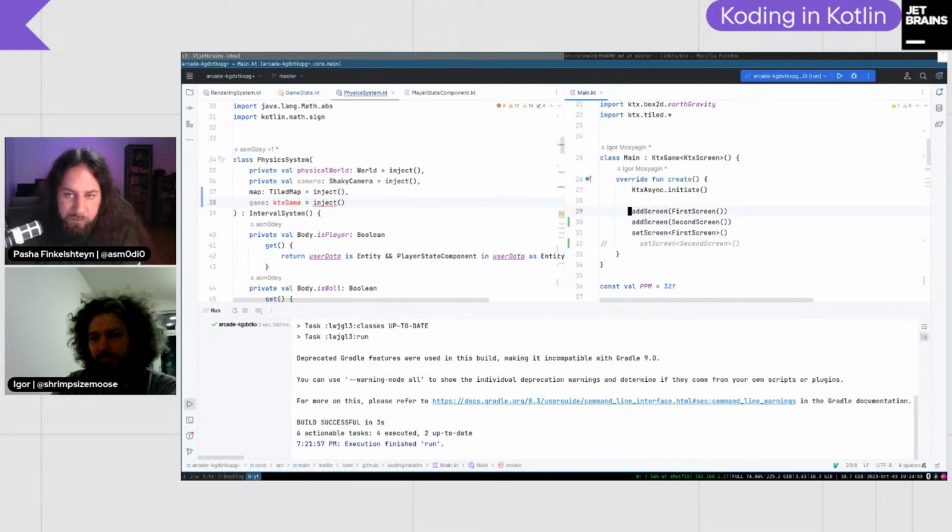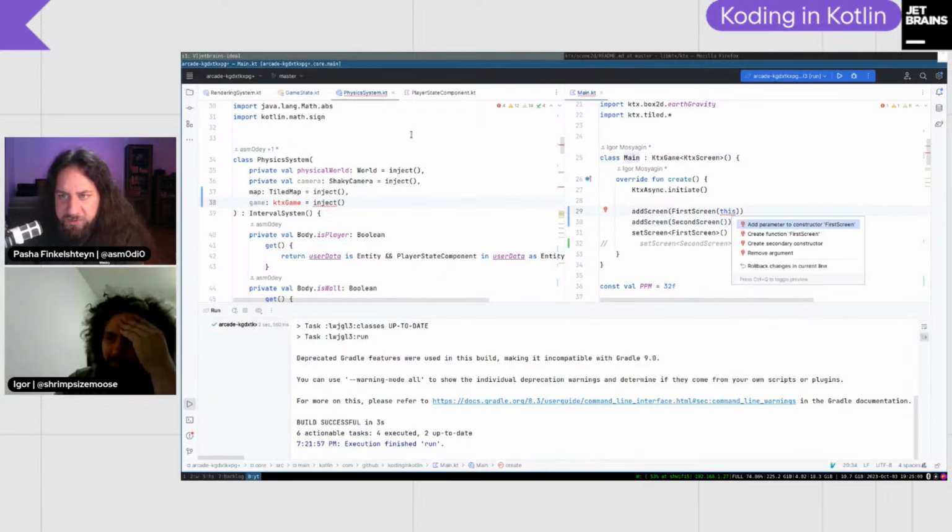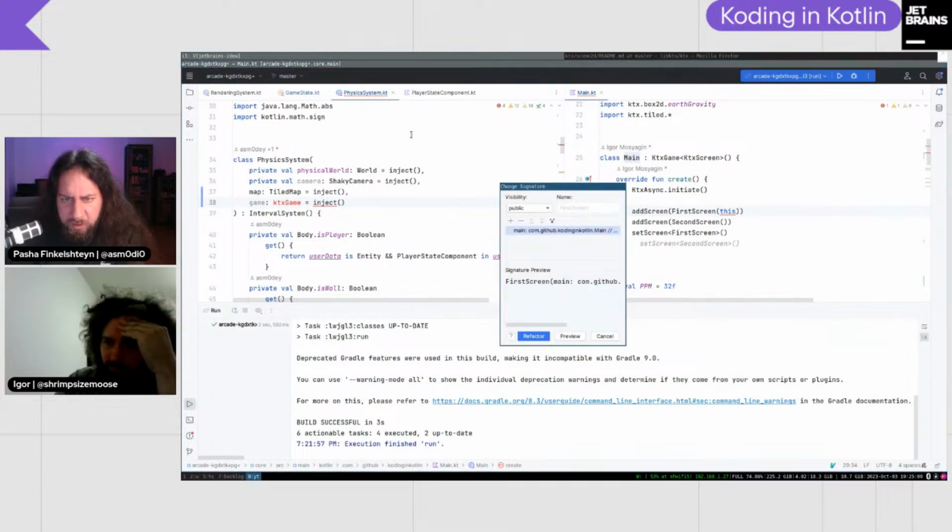Add screen, first screen of this. Yes. Now I'll enter on this and add a parameter to the constructor of first screen. Change its type, please. It should be not main but KTX game.